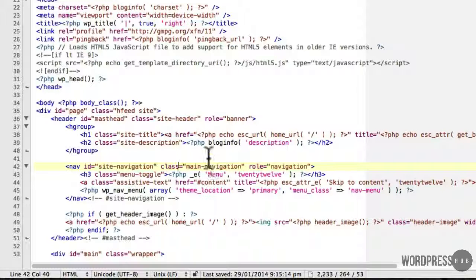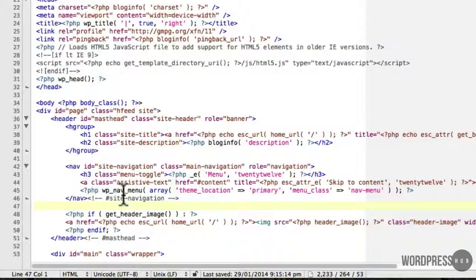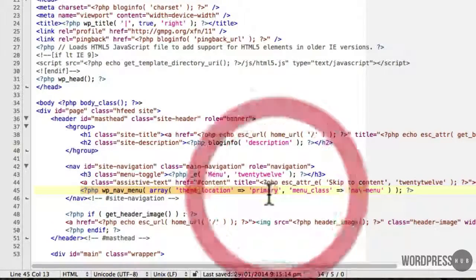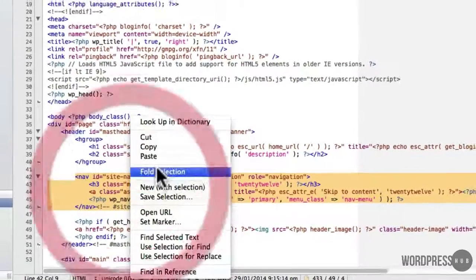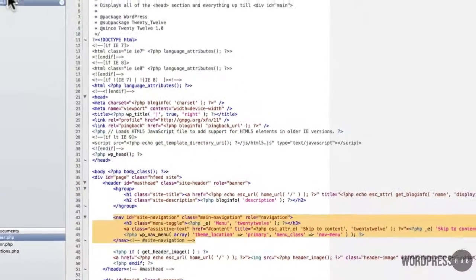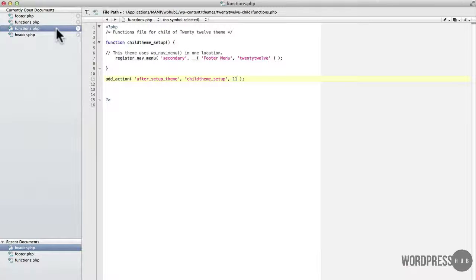So what I'm going to do is, because I only need this piece of information here, I don't need this information there. I will need the PHP bit here, and I'll need to change that to secondary, so there. So I'm going to quickly copy this out, go back to my